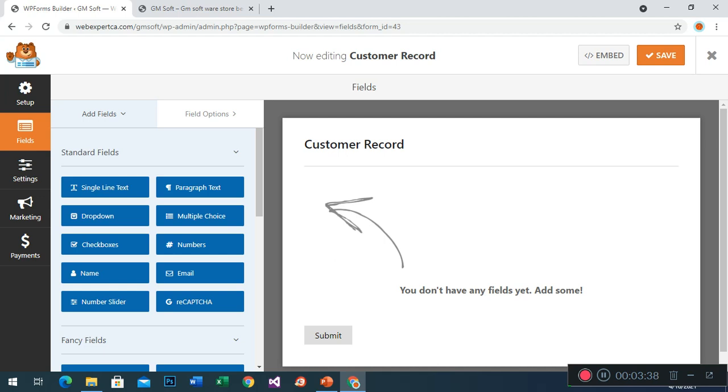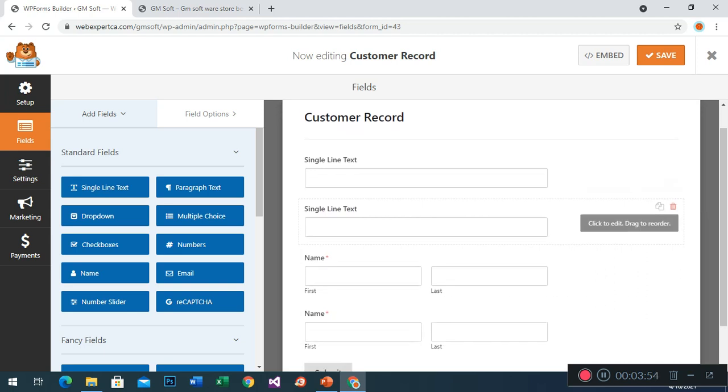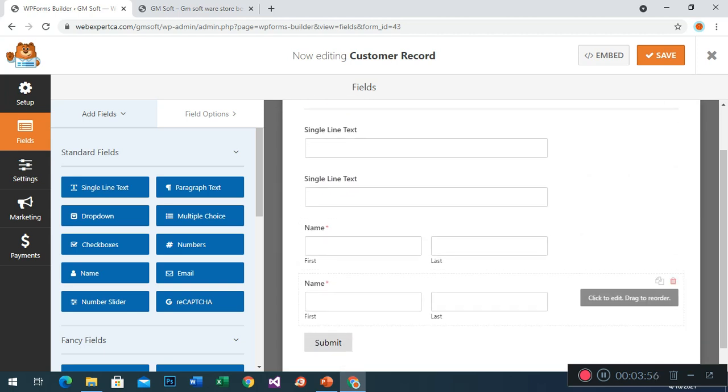In the blank form, on this next screen you will see the different fields available. You will also enter the customer record. First we need the customer name. Some fields are available.